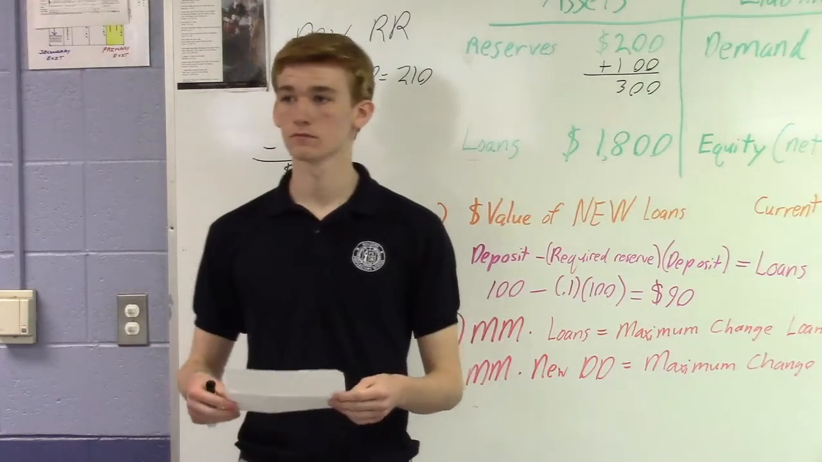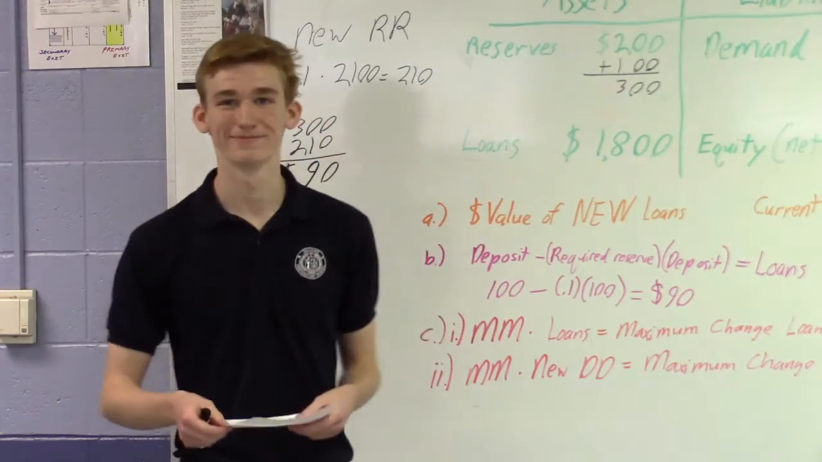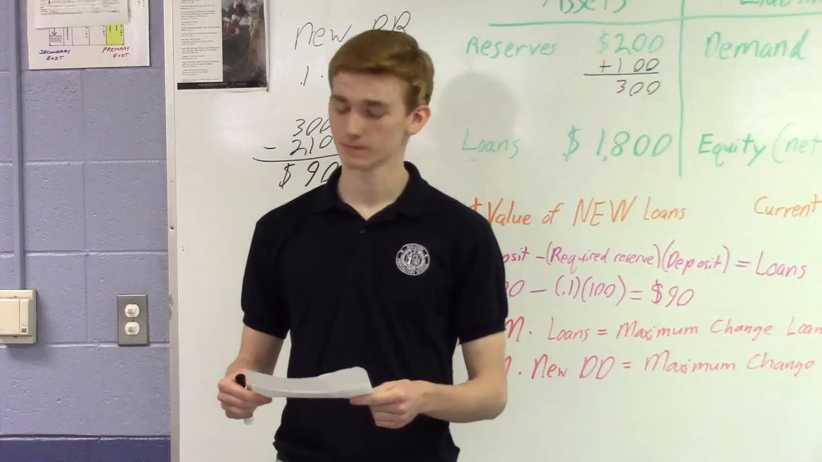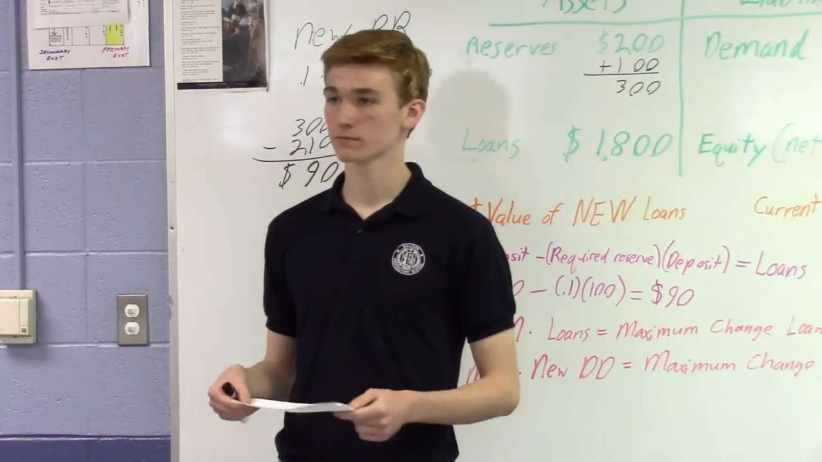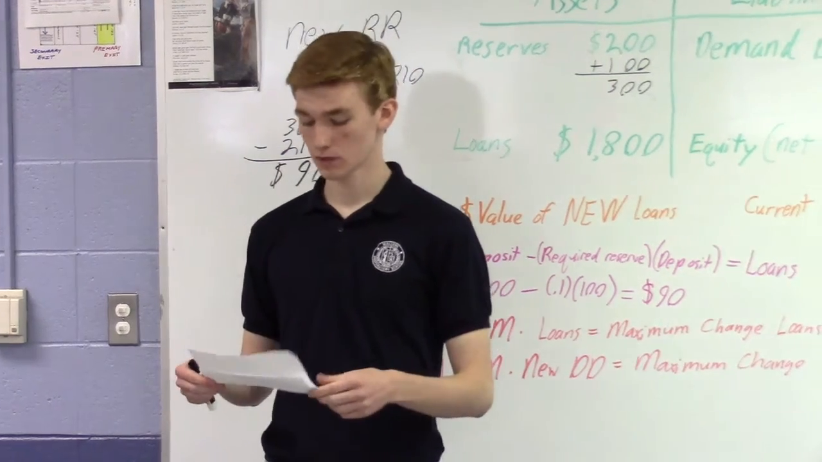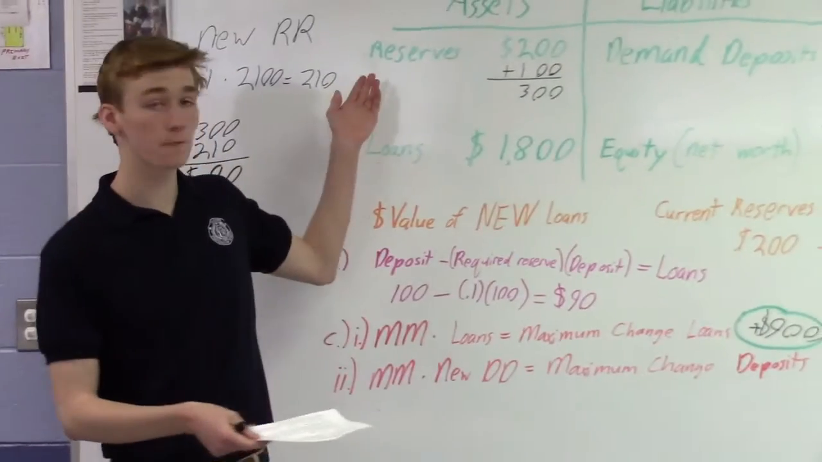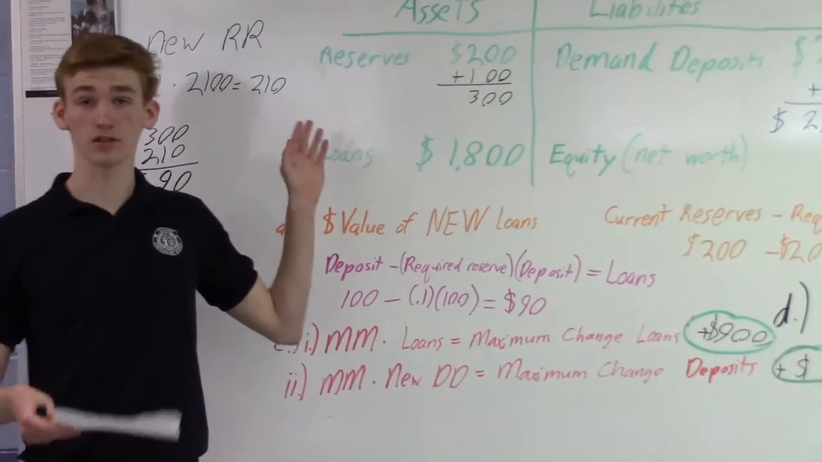The following is a balance sheet of First Superior Bank. Assume that the required reserve ratio is 10%. A. What is the dollar value of new loans that First Superior Bank can make? Explain. Alright, so first I will just indicate that the information in green is the balance sheet that is given